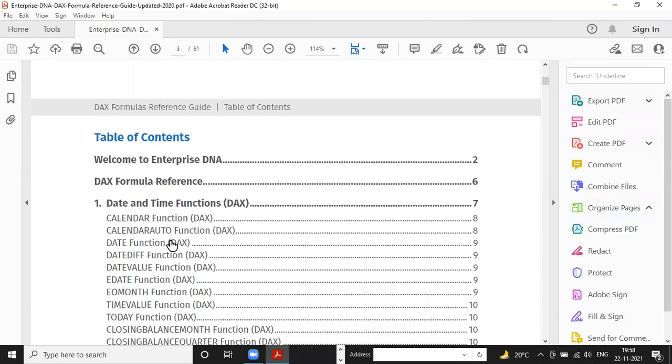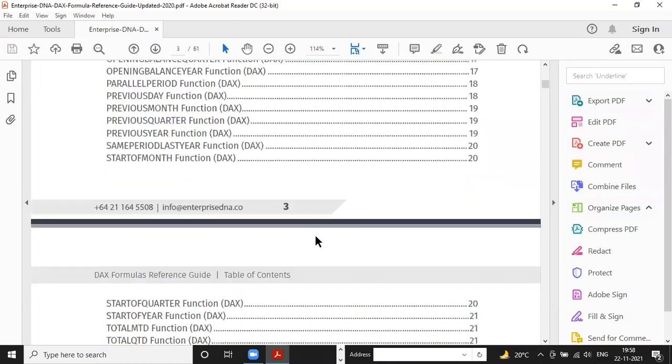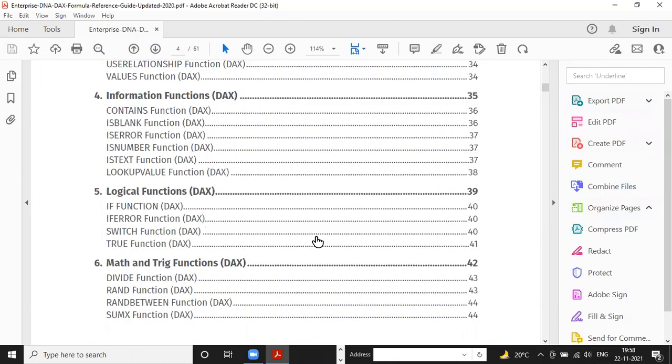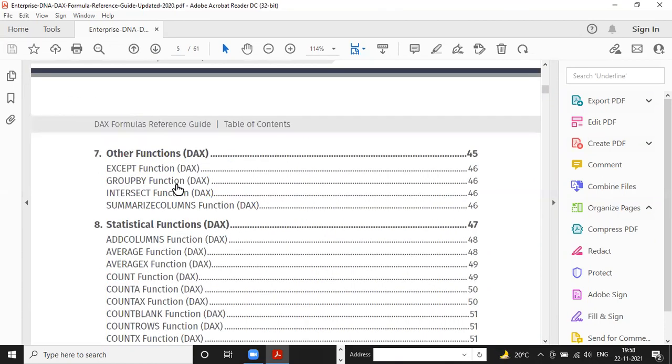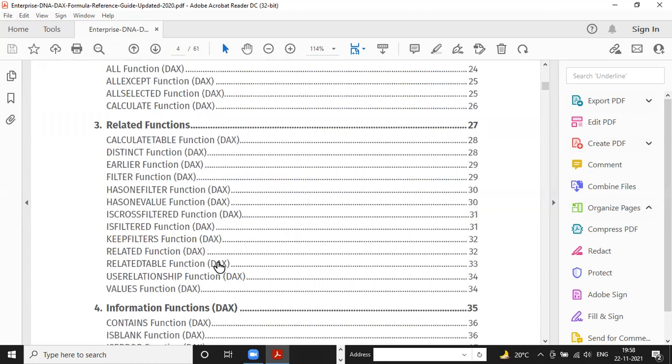Calendar, calendar auto, date: these are the functions you use for time intelligence. In the same way, we have information, statistical, and other functions, related functions. But the main function used for every project is the time intelligence function.